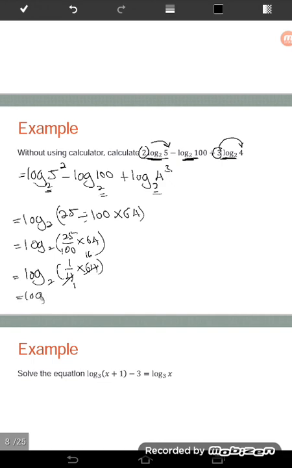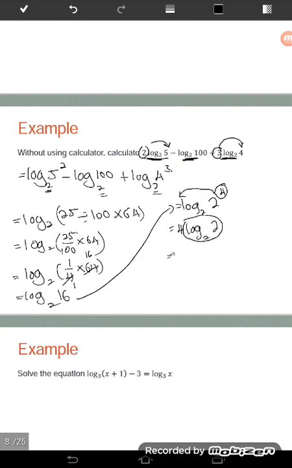So you will have here log 16 base 2, and then from this one, 16 is actually 2 power of 4. And then from the properties of log, this power you can bring in front, which means you have 4 log 2 base 2, and here 2 is also the same, the base is also the same as this number. Okay, so log 2 base 2, therefore the answer is 1. So it is equal to 4 times by 1 which is equal to 4.